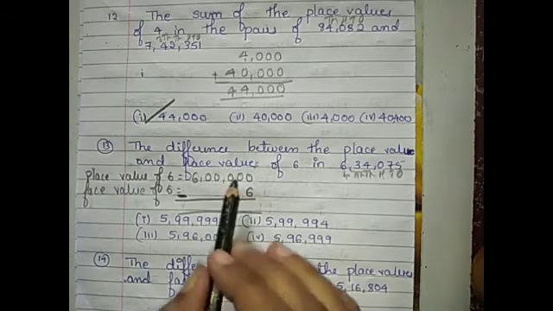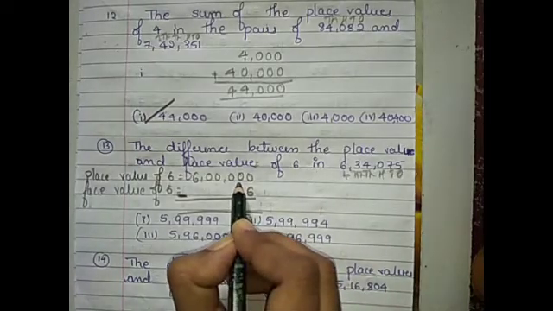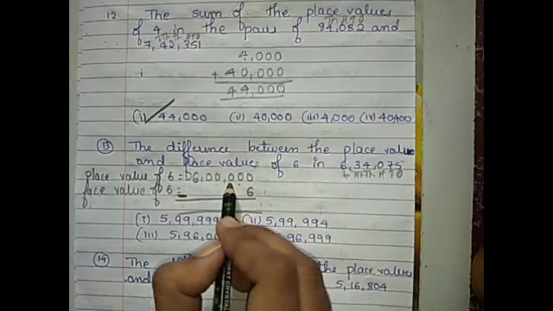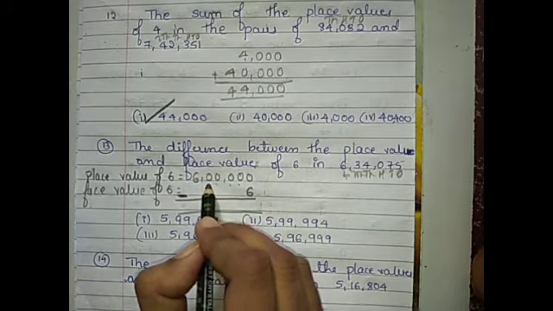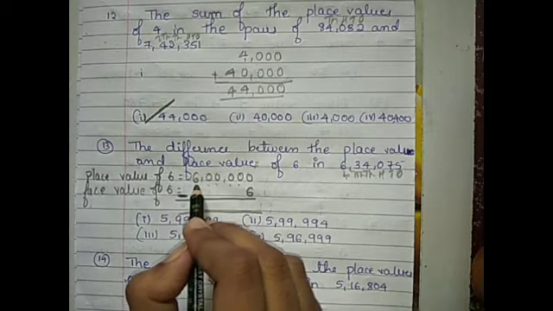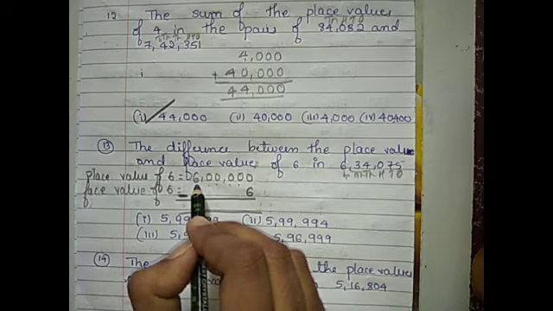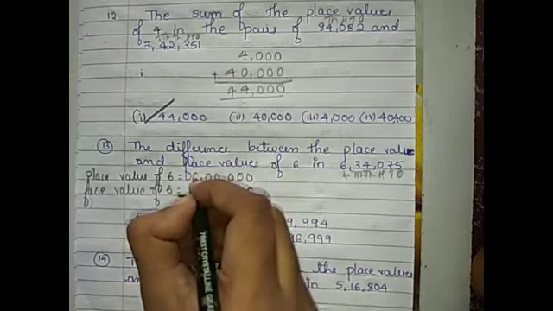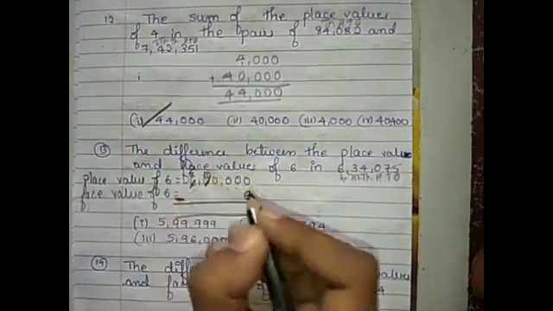So we have to borrow from next number. Here next number is 0. So we can't borrow. So we go for a next number. Here next number also 0. We can't borrow. So we go for a next number. Here next number also 0, and again the next number also 0, so we can't borrow. Here next number is 6. If we borrow from 6, then 6 becomes 5. Then here 0 becomes 10.